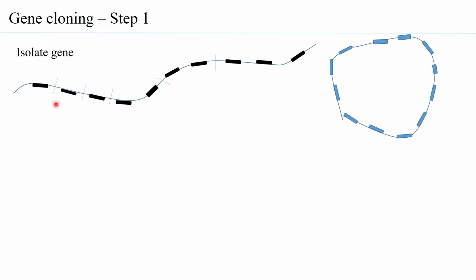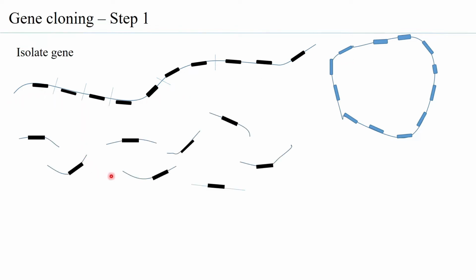So the main thing with this is that you may get this gene if you just are able to get this portion, which means that you can try to cut the DNA, okay, such that you get fragments of DNA, and every fragment of DNA may comprise at least one gene. So therefore, now the task is that from these fragments, you identify that one fragment that contains your gene,